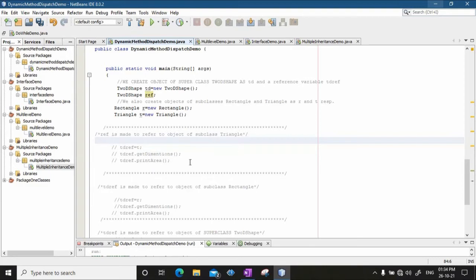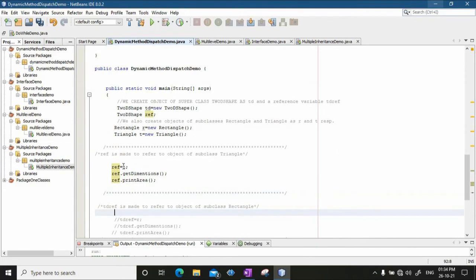of the subclass triangle. So I just invoke this code, I say ref equal to T. So this reference variable is now pointing to the object of type T, a subclass object. And now, using that ref reference variable, I try to access get dimension, and then again using the same ref reference name, I try to access print area.